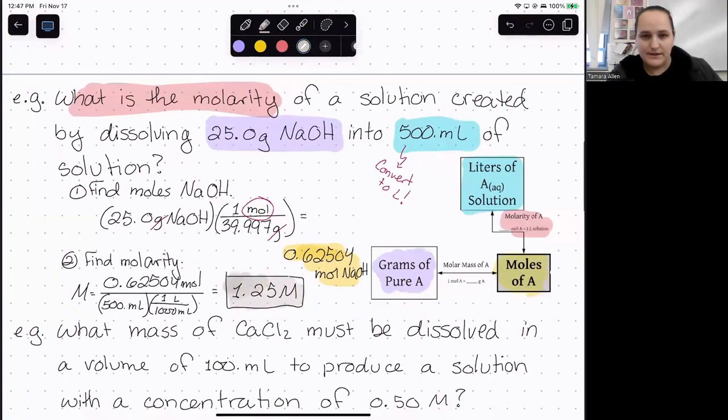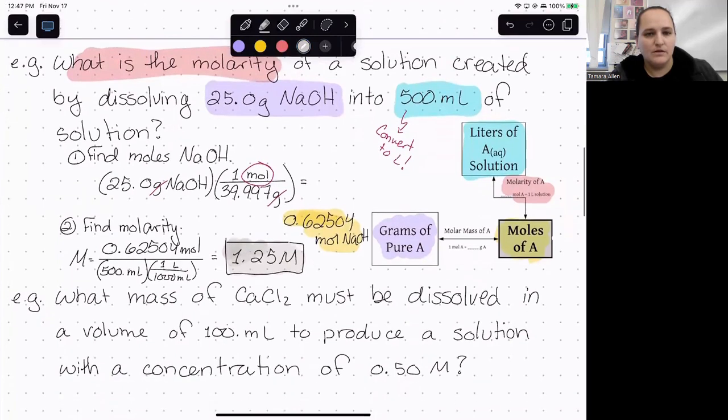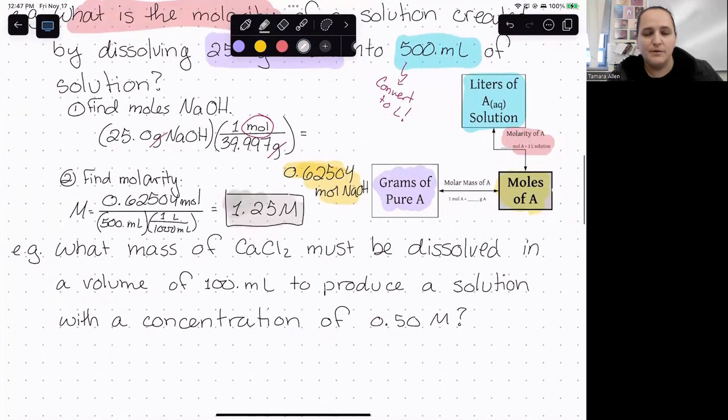So last but not least is another similar question, just solving for a different quantity. This one is asking what mass of calcium chloride must be dissolved in a volume of 100 milliliters to produce a solution with a concentration of 0.5 molar. So once again,